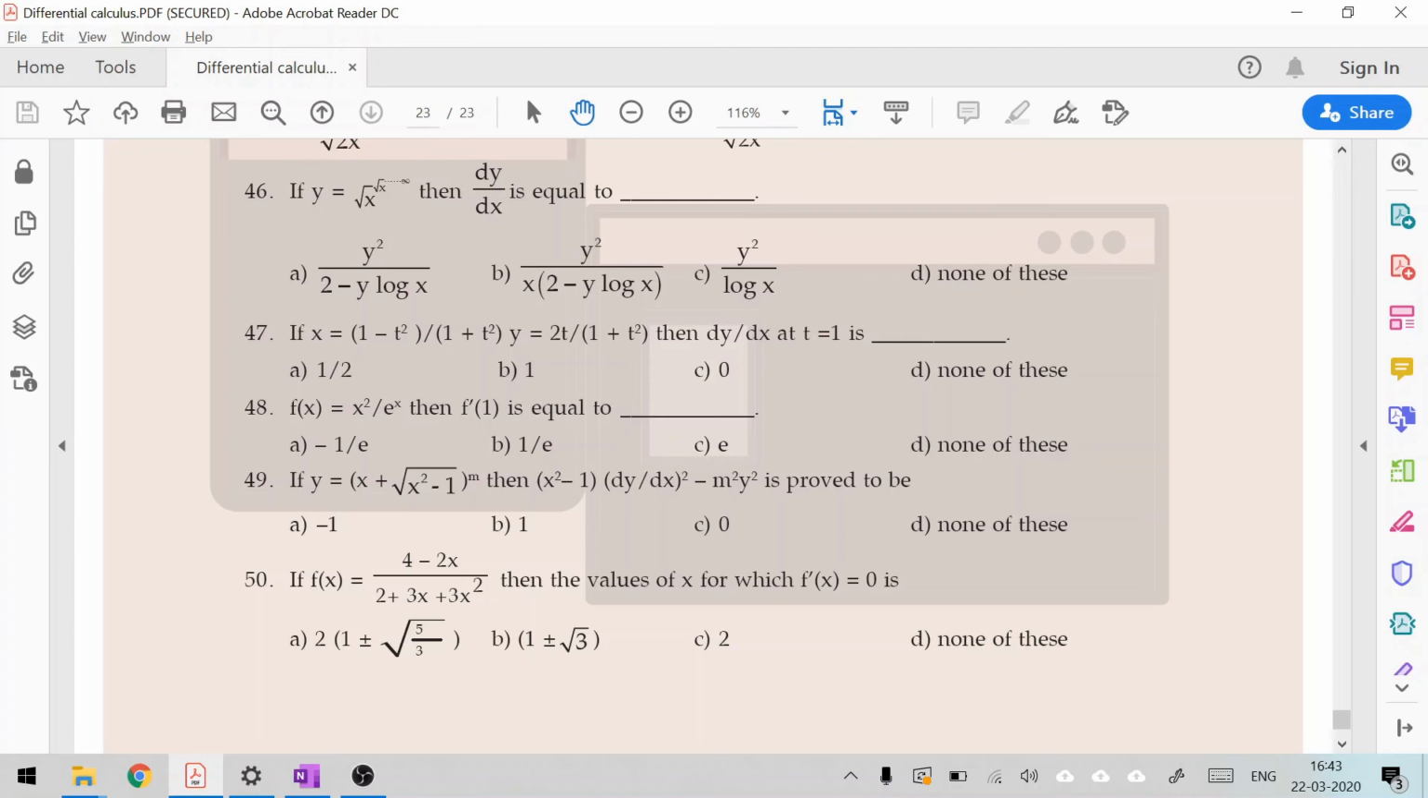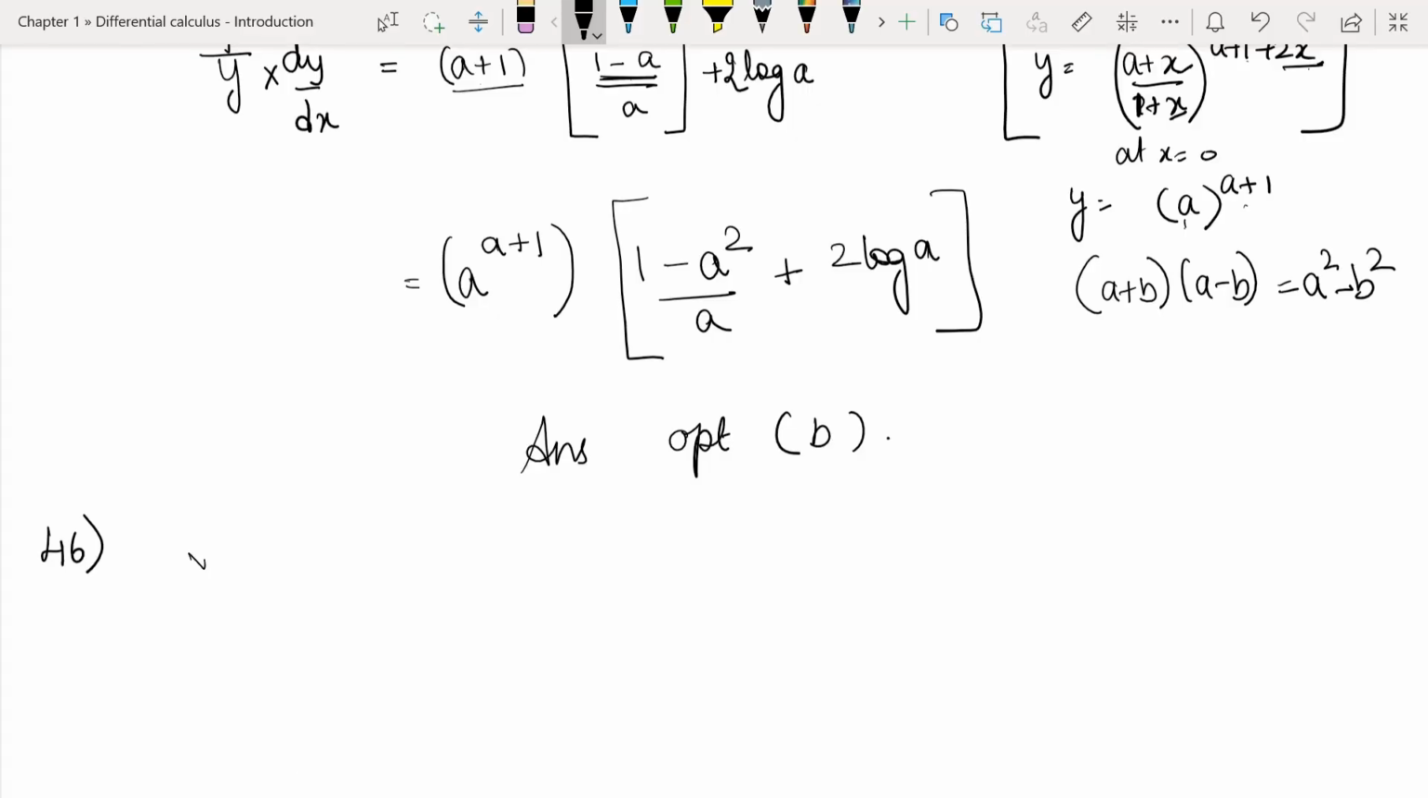All the options have a y square in the numerator, and the denominator has something like 2 minus y log x, or just log x, or something like that. Just have this roughly in your head so that when you're simplifying you will know how to take the LCM or what we should do. Let's write down y is equal to root x power root x, so on up